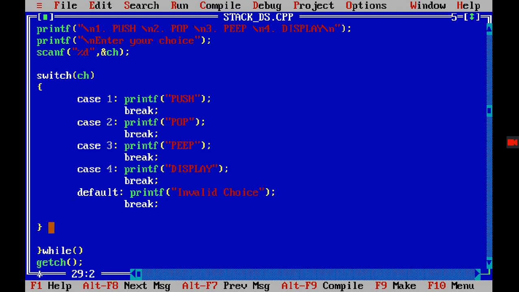So I can ask a question to the user: printf, do you want to continue? And then I'm just scanning the answer in some variable.